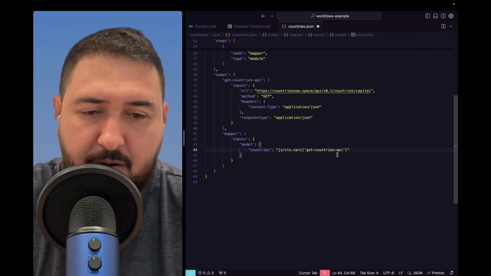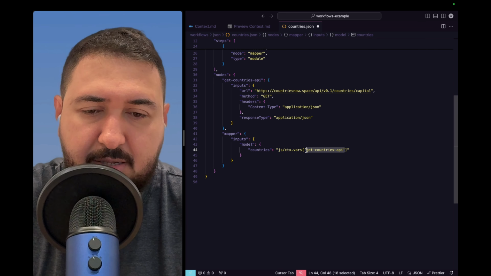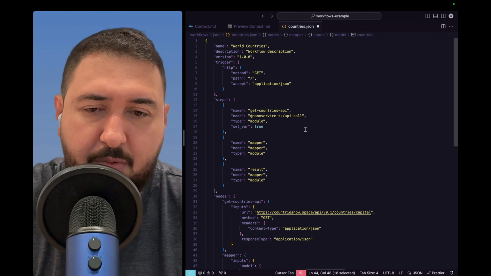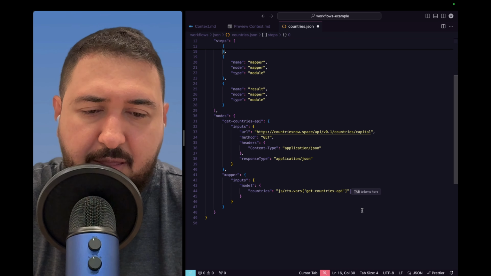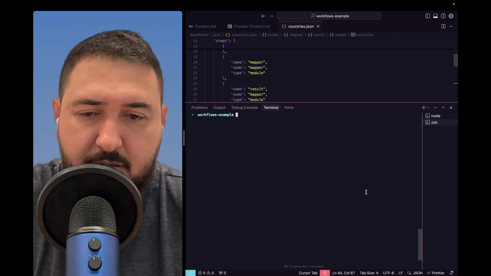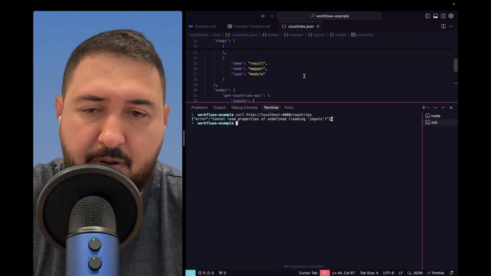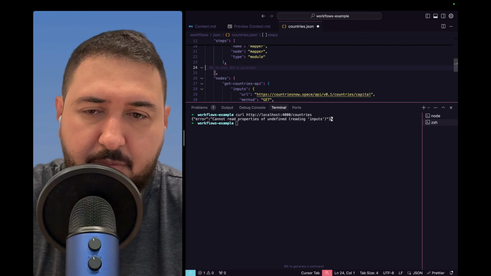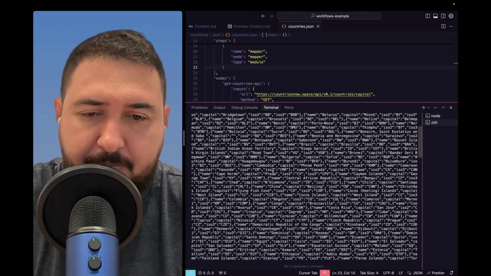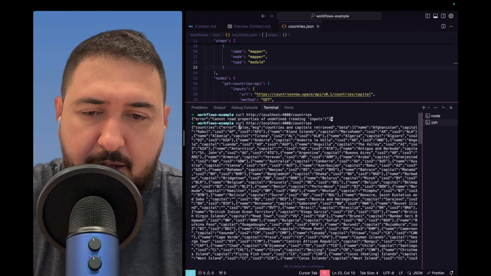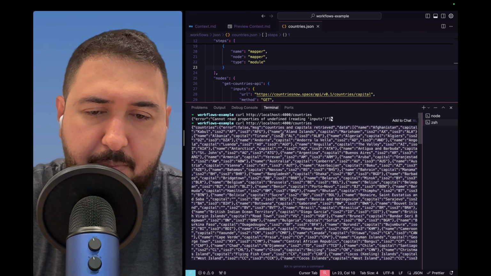So we pass this over here so we can understand that we are using this variable that we saved using our set var here, right? That's the main idea. And within that, what we're going to do is just call this again. And okay, I forgot one more time. Let me just remove this one more time and call it. Cool. Now I have all those countries coming back from my